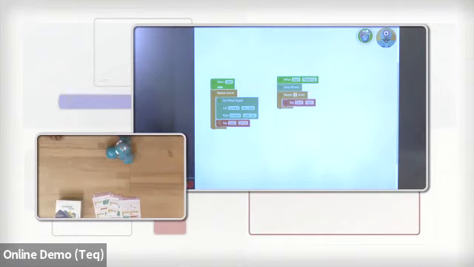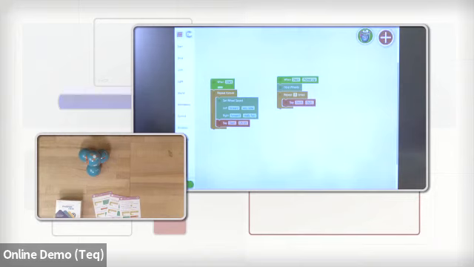The way that this particular code is going to work is that Dash is going to keep spinning around in a circle forever, as we have that repeat forever block, until we pick him up. Then you see when I pick him up right here, the wheels are going to stop. And then he's going to sigh a breath of relief because he's no longer dizzy from spinning around in circles for so long. So we're using all kinds of different values to represent the different types of things that you can do with